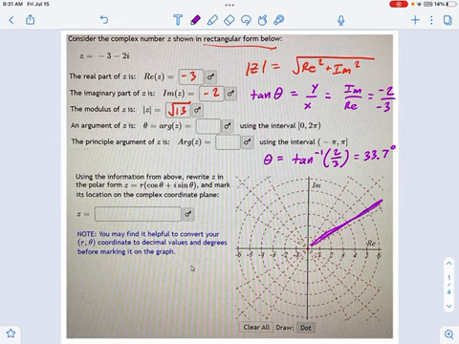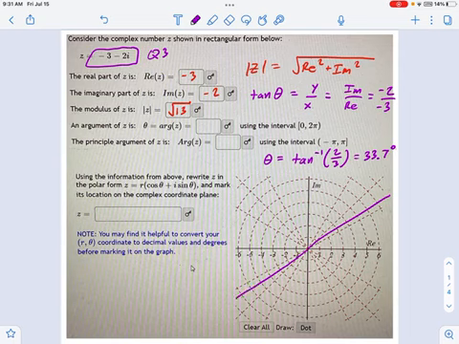But the important part is it's in quadrant 1. Are we in quadrant 1 according to the rectangular form up here? Rectangular form says, nope, you are in quadrant 3. So we have to find some way of changing this angle that we got, 33.7 degrees, to this one over here, a quadrant 3 angle, which will also give us a tangent equal to 2/3.